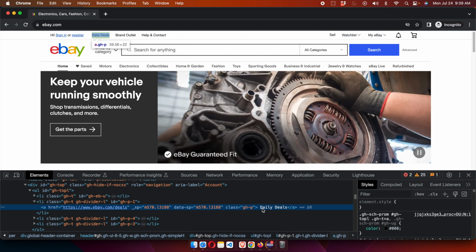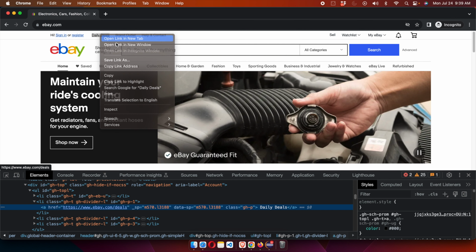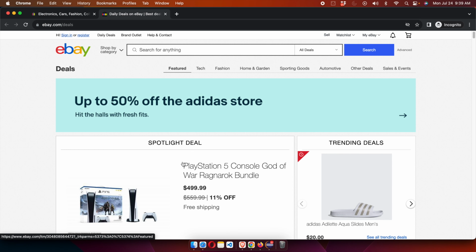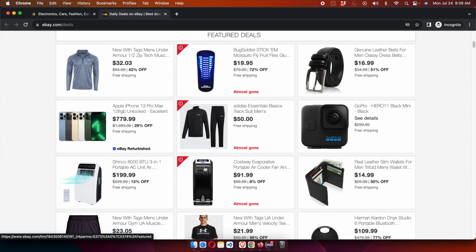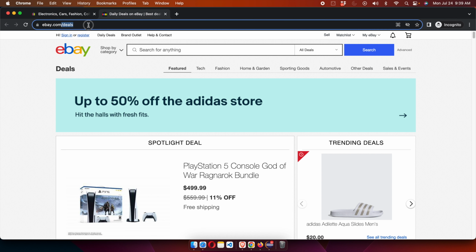This is the link text, daily deals. So we need to find this element by using this text, and that's why it is called a link text technique. And if we try to open the daily deals, we will see this web page is completely different. It's not like the home page, and the web page has the link